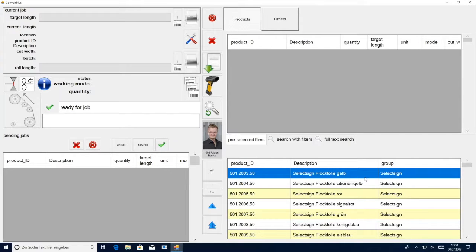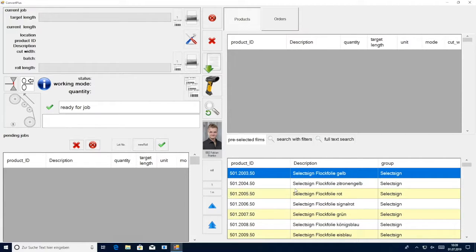In this video, we show the key functions that Convert+2, converting control software for Napata rewinders, slitters, and converting centers, has to offer. First, we can have a look at the bottom right-hand corner where we can find a product list that is imported from a CSV file. This file can include anything from product IDs and descriptions to the color and the manufacturer of the product. This list is fully customizable, allowing you to have complete control over your converting process.